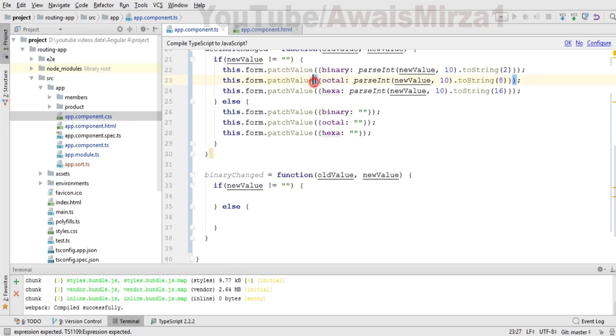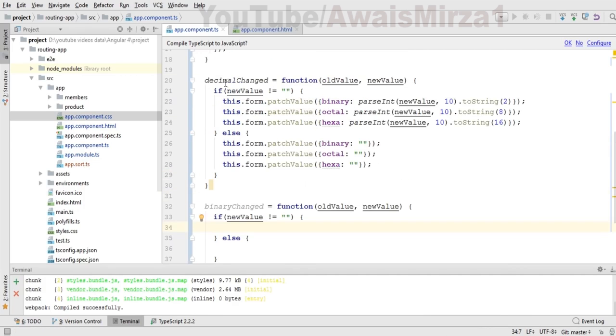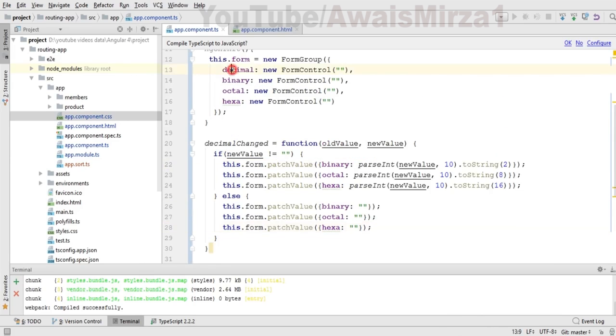So I'm going to write the same thing right here. One thing I want to explain is that if I try to change this binary number, it's going to change this decimal as well. And this decimal is going to trigger and change binary again, and octal and hexa as well. So within this function I need to change only the decimal variable, because